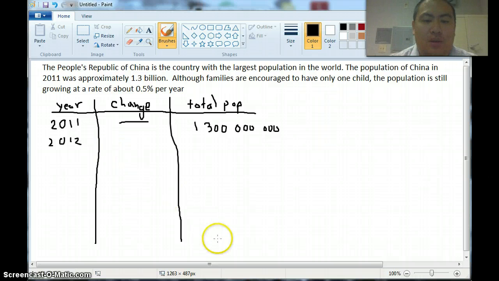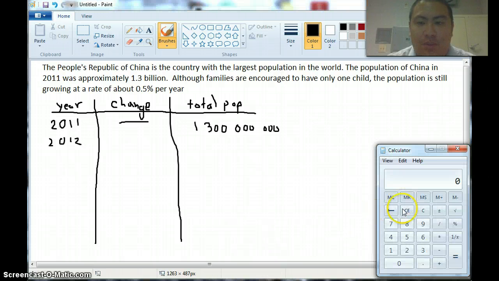Okay, so 2012. So I'm going to put the population, and this is typically how it's going to work, right? If I have 1,300,000,000 people and I want to find the change from one year to the next, I just take 1,300,000,000, and I multiply by the percent change, which is 0.5%. That's really 0.005, right? And if you can't remember how to do percents to decimals, look it up on Google. I don't want to take the time to talk about that, but it should be something that you should know how to do. Right, so from here we get that our change is